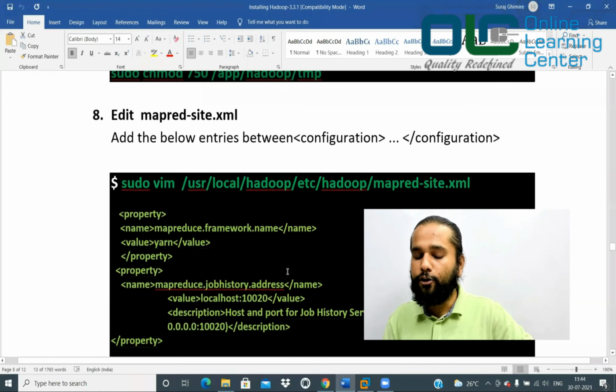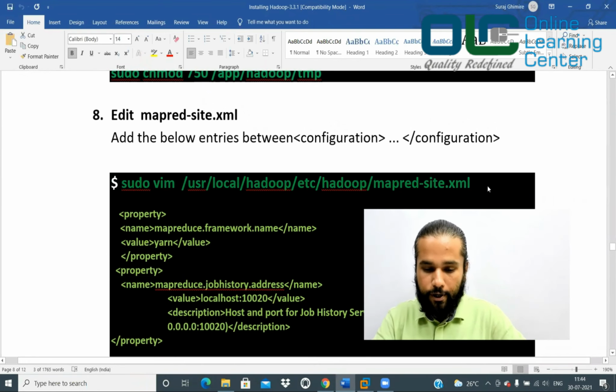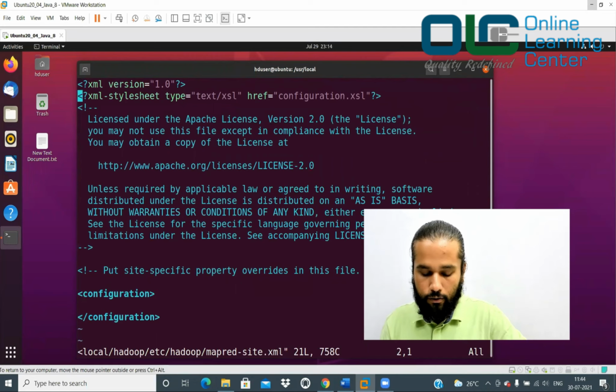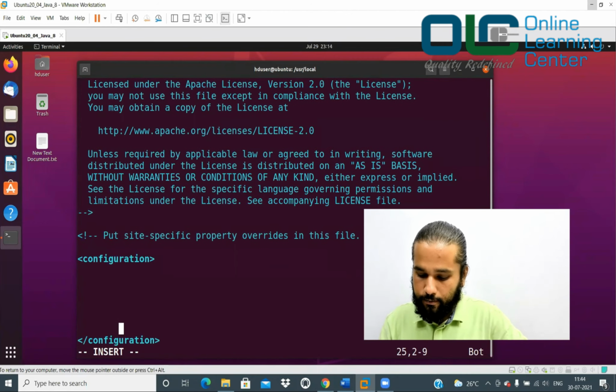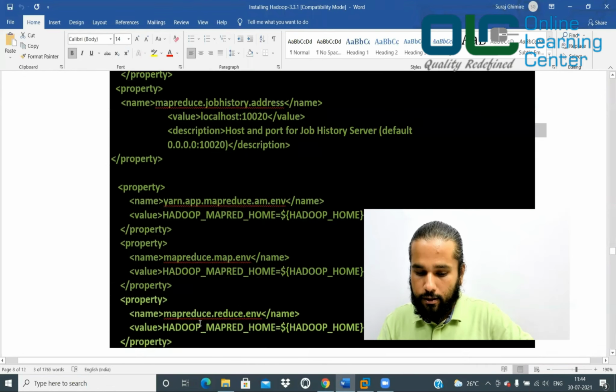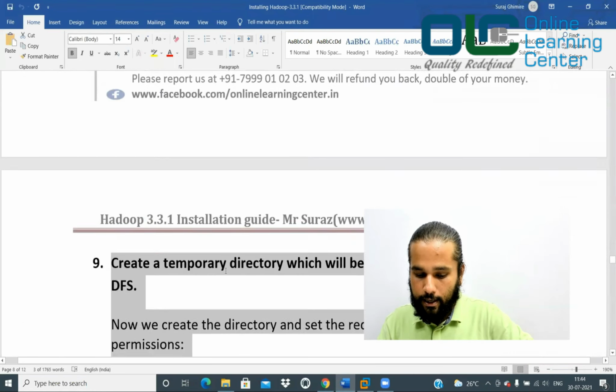Now again, you edit your mapred-site.xml. So again, open your file to edit, right click and say paste, enter. Go down, go to the middle, between configuration and configuration, press I for insert mode, give some spaces. And then you copy this as it is. So please copy it from the download material, whatever I have said.